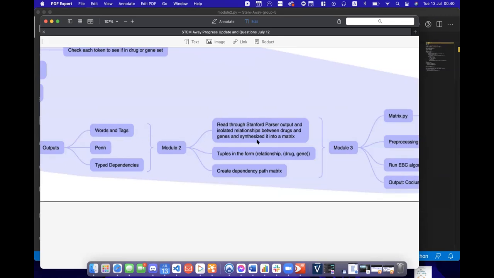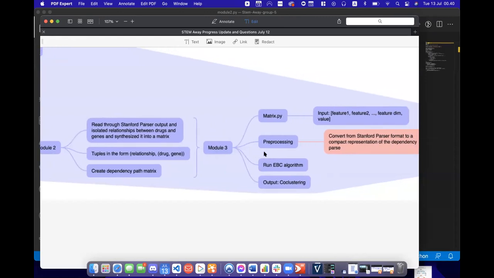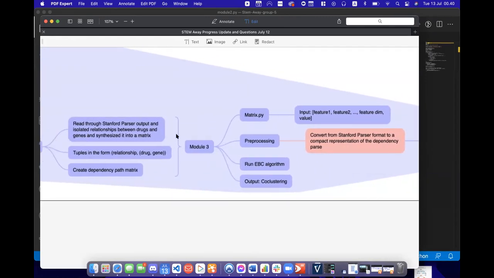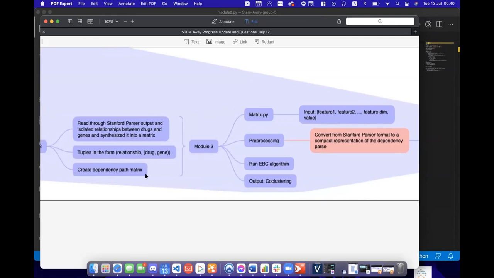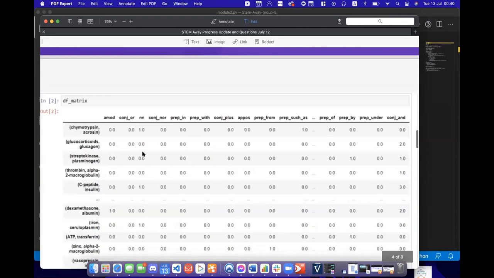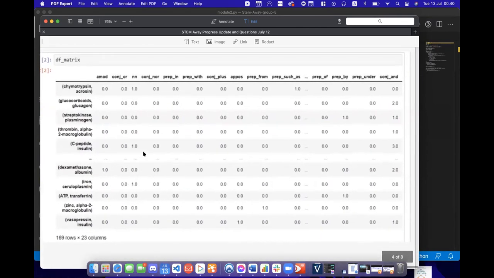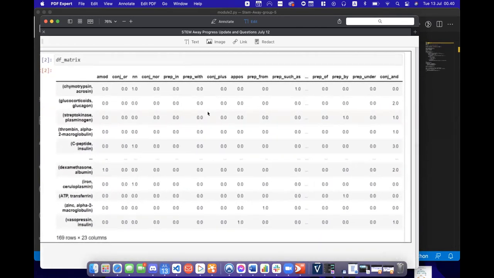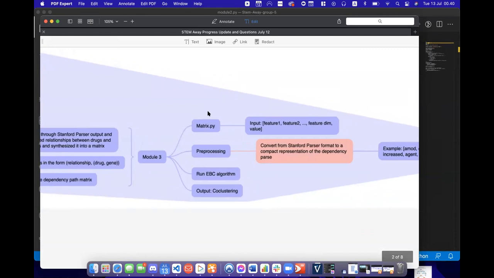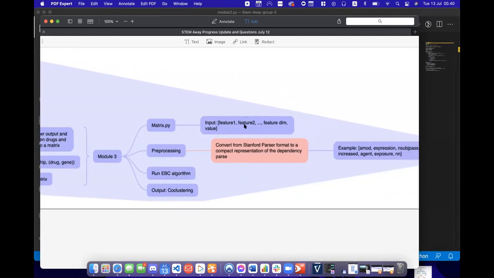I'm not sure, because I think most of the information we found is in the type dependencies, but you can correct us if we're doing something wrong as well. And then we got a dependency path matrix, which is here. So this is the sparse matrix that we got, but I'm also realizing for module 3, we used matrix.py